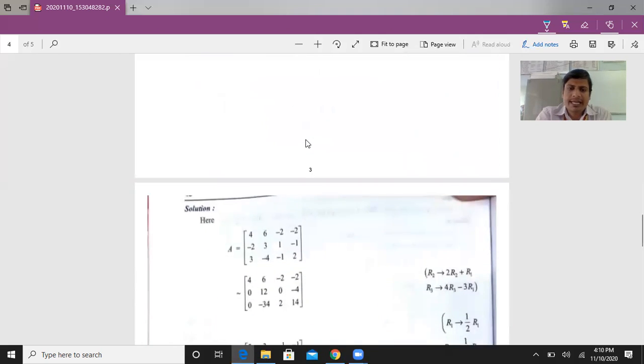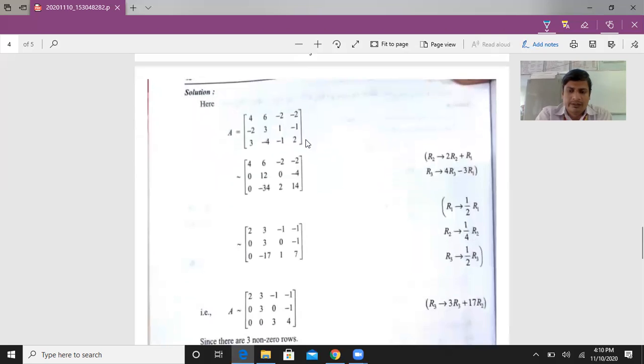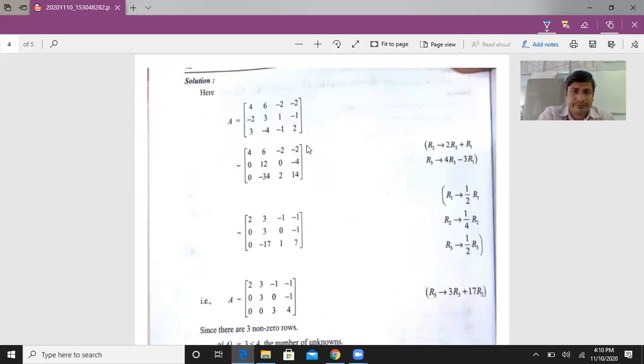This solution, see here. Here we take A equal to a matrix, that is 4, 6, minus 2, 2. That is the coefficients of x, y, z and u. After that, the second row, that is minus 2, 3, 1 and minus 1. Next, third row, that is 3, minus 4, minus 1, 2. Okay, this is the matrix. After that, you reduce the rows. That is the first